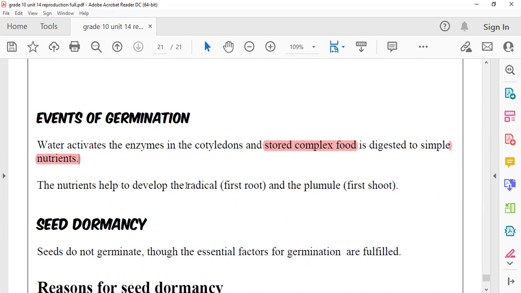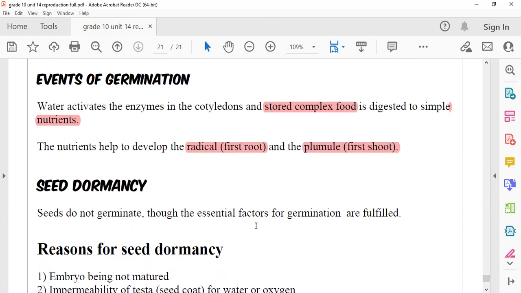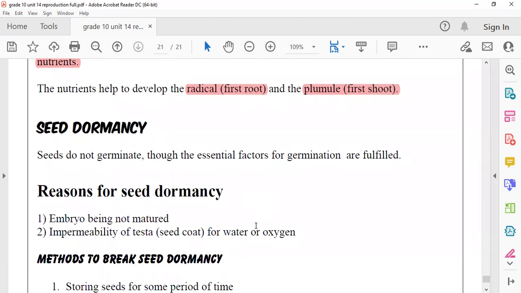In that case, the embryo will first develop its root, and the young root of the embryo is called radicle. Following that, it will develop its shoot, and that shoot is called plumule. First root is called radicle, first shoot is called plumule, right? Remember,